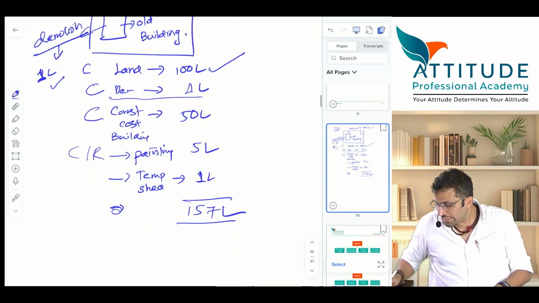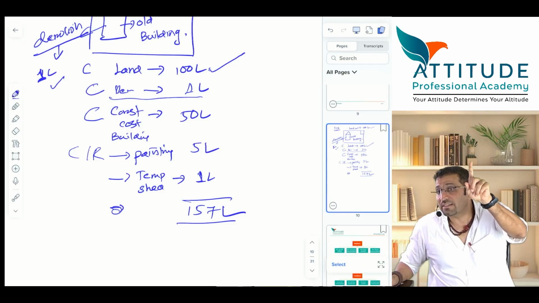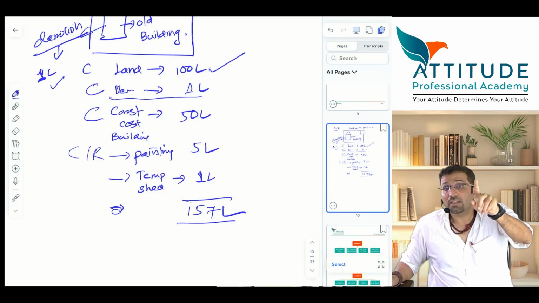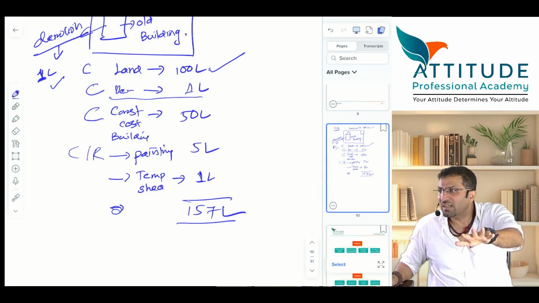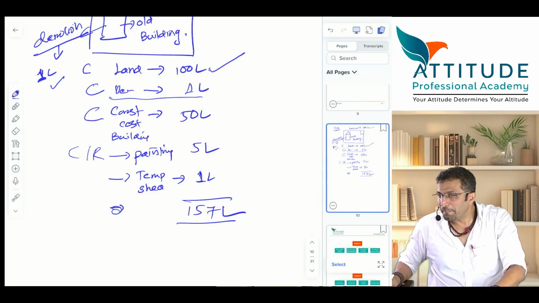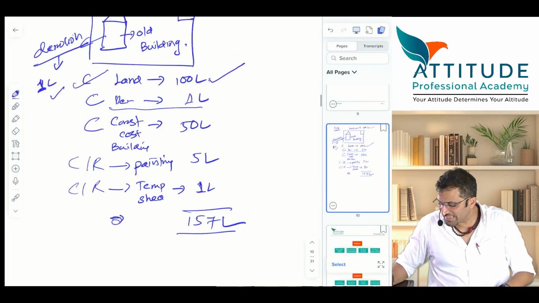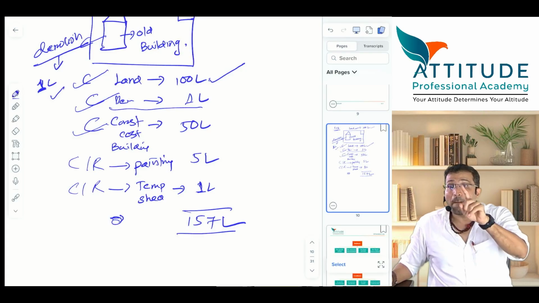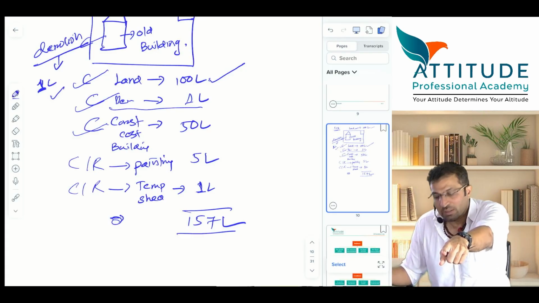Okay. Temporary shed, construction of that temporary shed. That shed will be demolished within 6 months only. Revenue or capital? Confusion. Sir, land is capital expenditure, demolition cost is capital expenditure, construction cost is capital expenditure, painting is also not